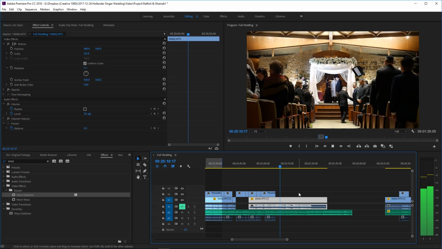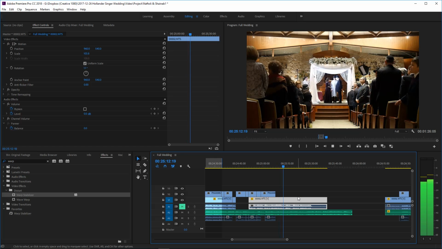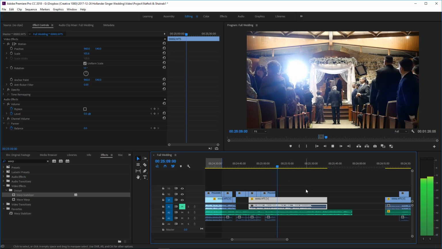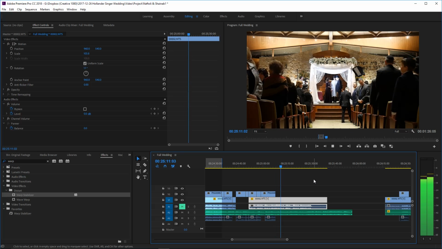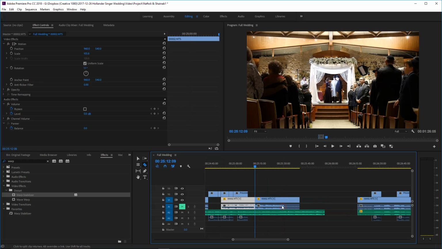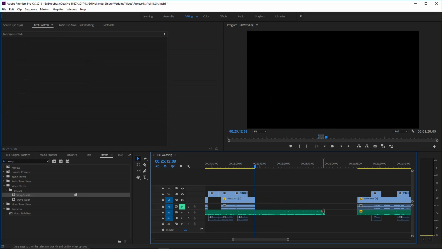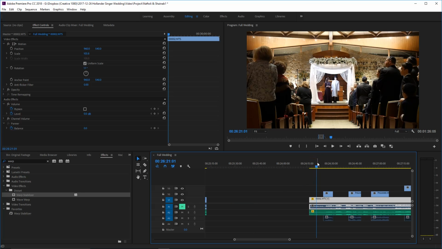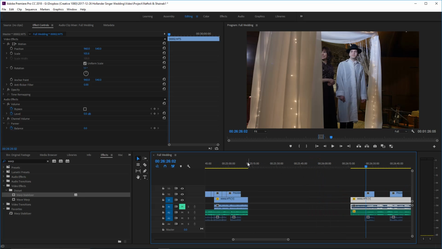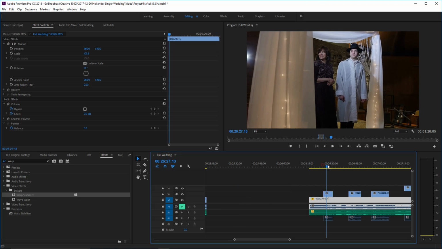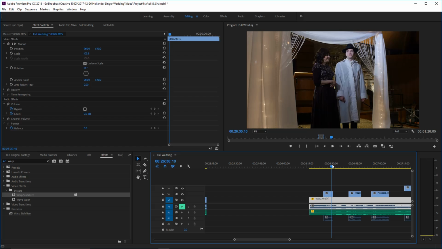I've raised it to another track so I could find it easier in a minute. Again, these people are walking down. We'll keep the shot of them actually going to their seats. Let's find a good break in the music. Right over there is a break, just a natural stopping point. We could delete the rest of that shot. We could trim the music up till here, and now let's move on to the bride.